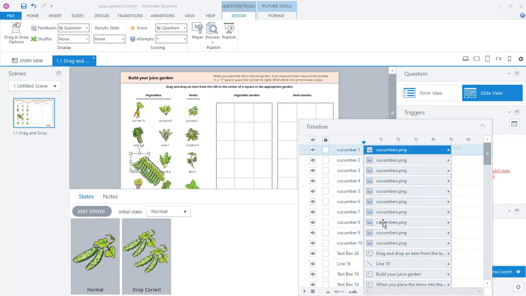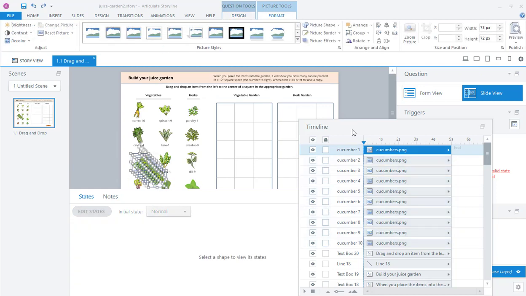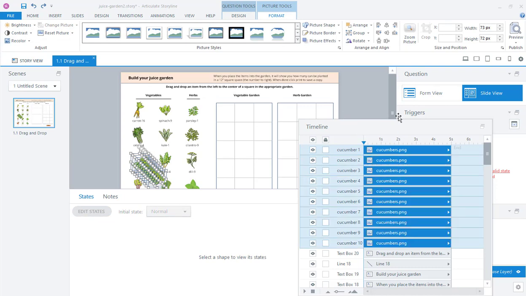Okay, what I need to do now is line them up, because right now they're all over the place. I'm going to select all 10, and then I'm going to come up here under Format, and I'm going to align center and middle, and that pops them all one on top of the other. And then I'm going to line them back up,